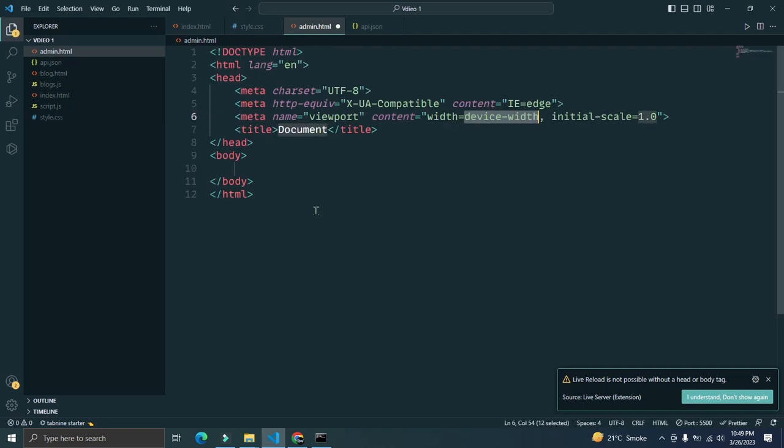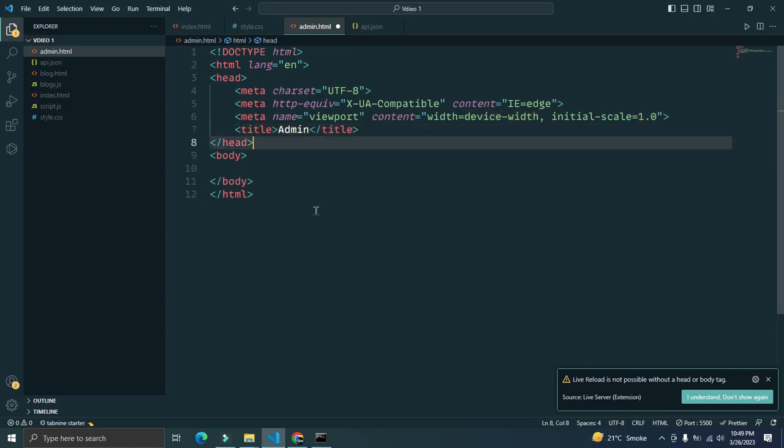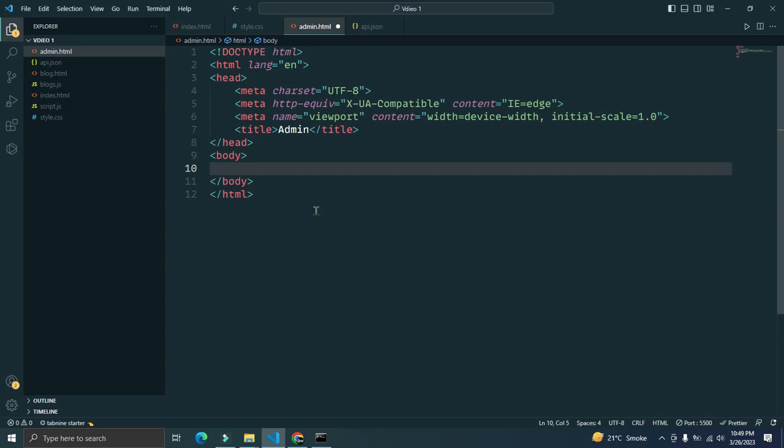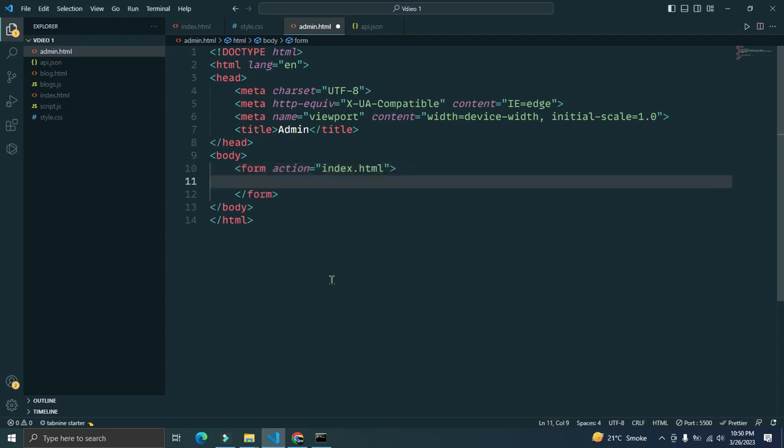Let's just add some content, and I will say admin, and it will have a form with the name form, and the action will take it from here to the index.html, and the form will have a field, let's say div.form